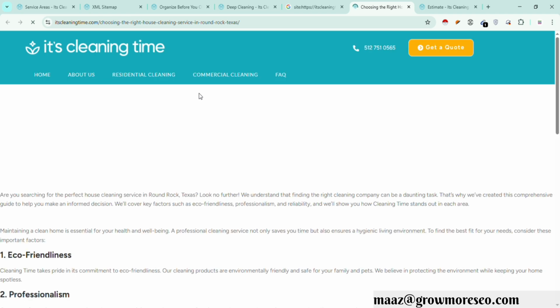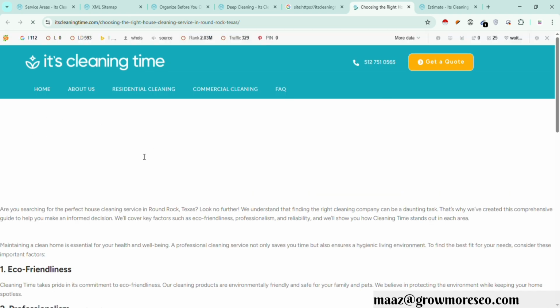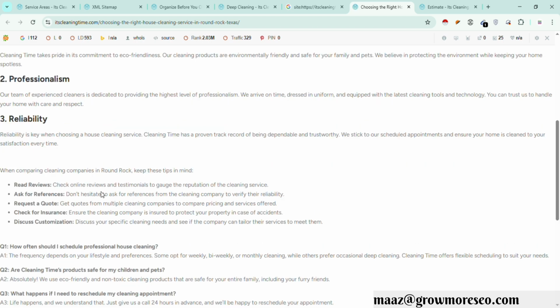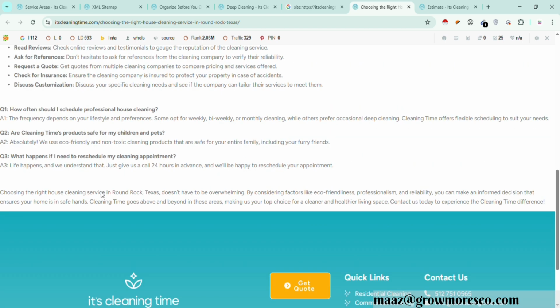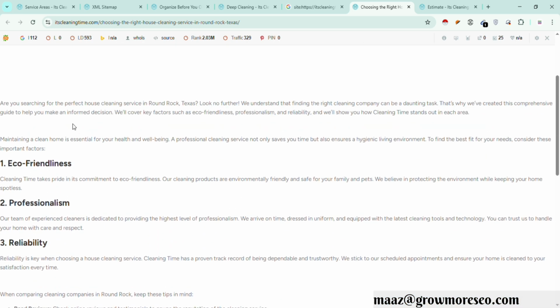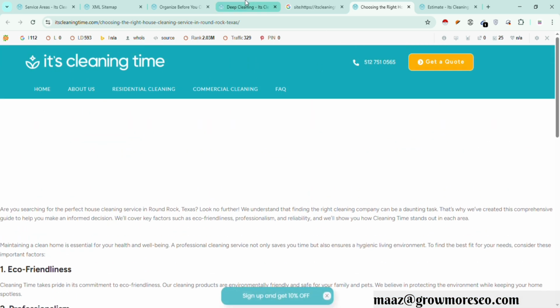If we look at the page, the H1 heading is hidden, and if we go down below, the actual article seems to be written by AI, but it is not serving any purpose. The article is very short, and nobody is searching for these kinds of blogs. We are wasting Google's crawl budget.